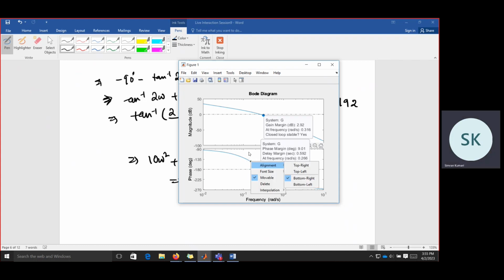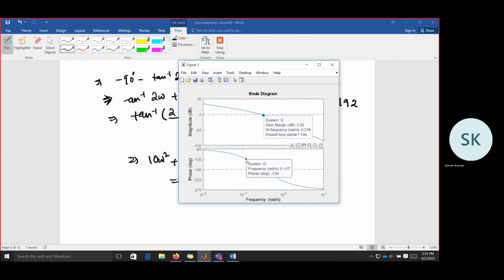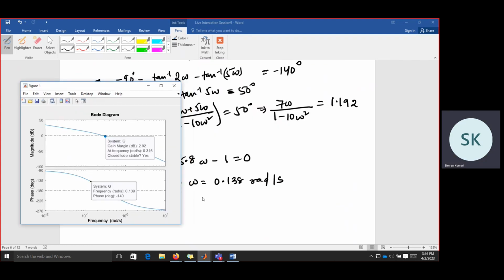So what we want is to find the new gain crossover frequency. At this point, the phase angle should be minus 140. If we see, this is minus 140, and what is the frequency? This is 0.139, so approximately 0.138. So this is the new